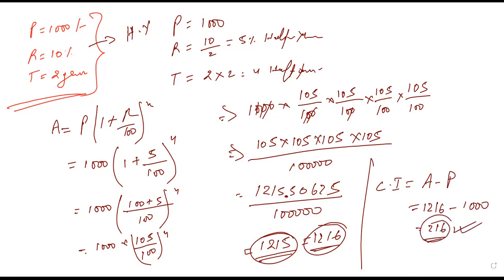So like this, you can calculate the compound interest half yearly. So compared to the previous condition, this is a little more. And the same kind of condition you have to use for the quarterly condition also. For the quarterly, just the difference would be there. Instead of dividing it by 2, you will divide it by 4. So it will be 10 by 4, and multiplying the quantity by 4 only. So 2 into 4 becomes 8. So 8 times you have to do. So it will be a little bit big quantity. So you have to be very conscious about the solution while you are multiplying, while you are solving. At that time, you have to be very mindful.